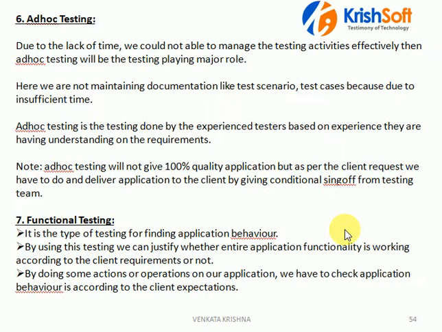Functionality is application behavior, how our application is behaving with different sets of data, valid data and invalid data. With valid data, the application should allow you to proceed further. With invalid data, there should be a proper error message saying where it is wrong. From the testing side, testing the application only positively is not enough to deliver it to the client. Negative also we need to test.